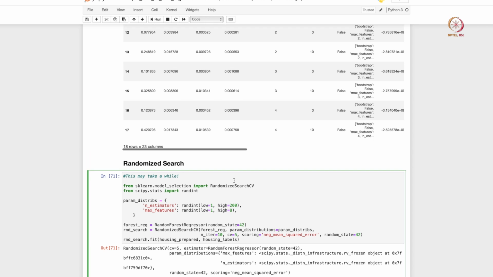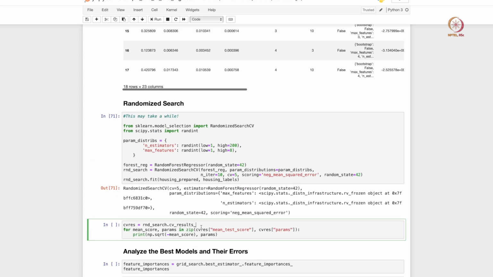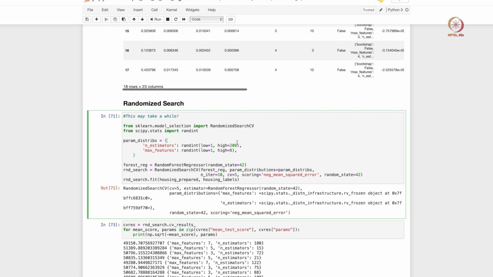We can also find the optimal set of hyperparameters using a randomized search of hyperparameter values. So instead of doing a grid search, as you can see, if you give 3 by 4 grid points and a cross validation of 5, you have to create 60 models, right.